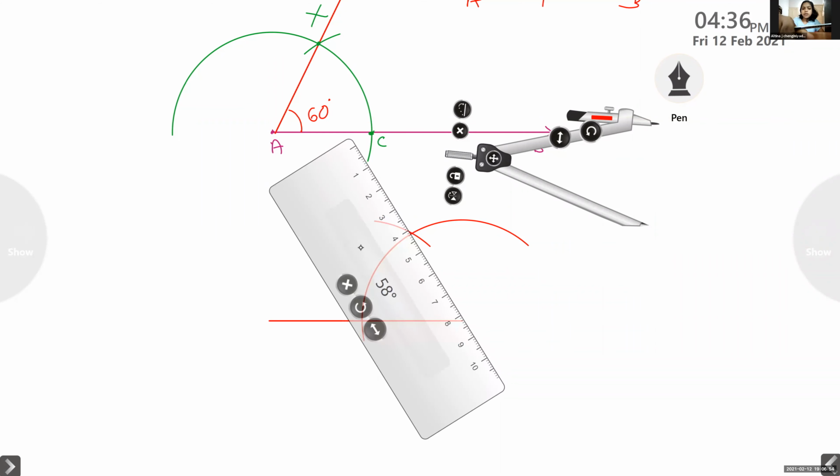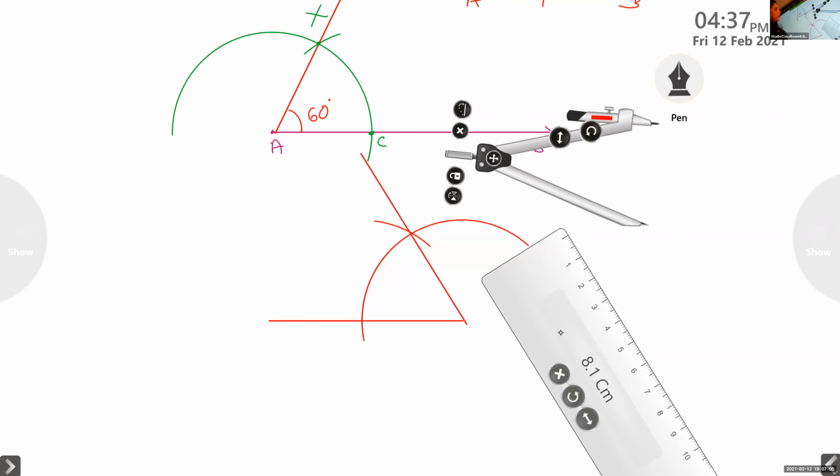Ma'am, can you explain again? Altina, did you draw the baseline? Yes, ma'am. Take a radius on your compass. If it is 4 centimeters or 3 centimeters, whatever it is, no need of measuring. Altina, just take your compass and draw one long arc. No need even for a semicircle.